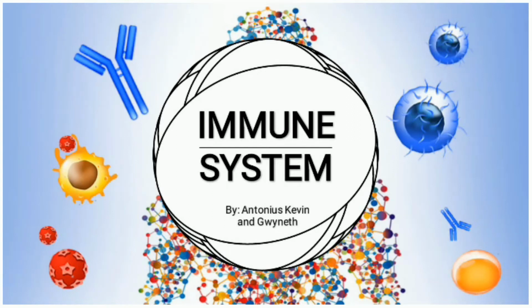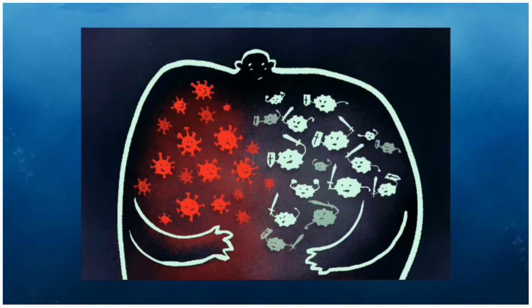We know that our body is capable of protecting itself from pathogens, and by pathogens I mean all kinds of viruses, bacteria, parasites, and a lot more. And that is what we call the immune system. When we think about the immune system, it's not all about white blood cells or leukocytes. We still have some other kinds of defense that we possess, and that's what we're going to talk about today